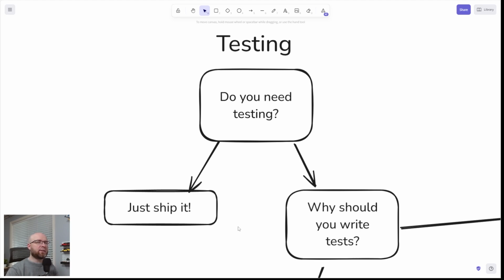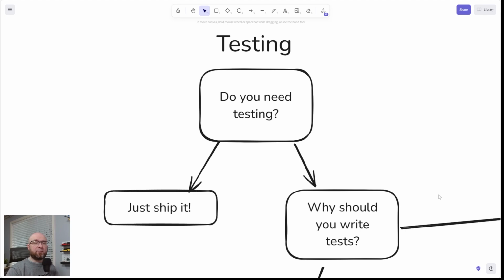But if it's just you and the app is simple, I would recommend that you just write your code, because you know your code really well. And if it's simple, you're going to manually test it. You're probably going to find some bugs. So I would say in that case, you probably don't need tests. But in every other case, you do.